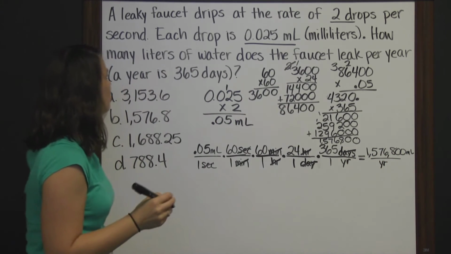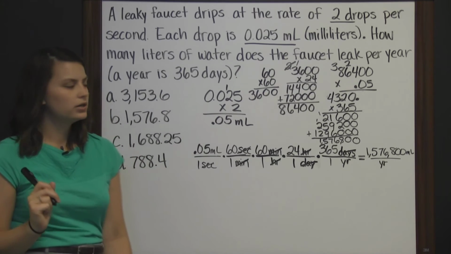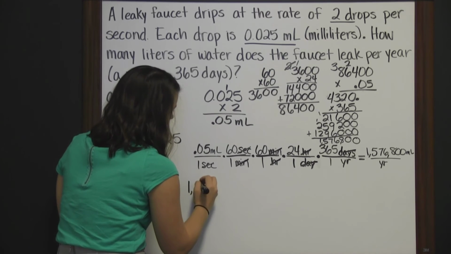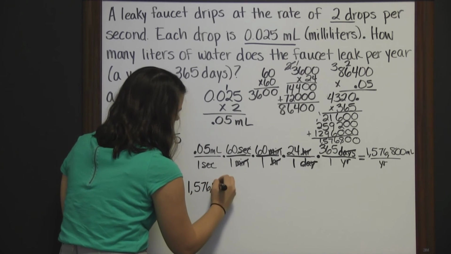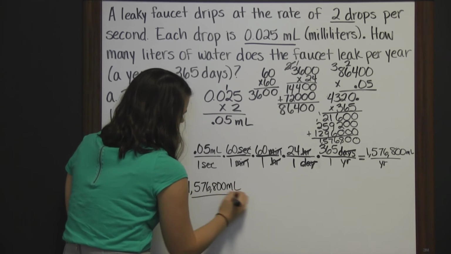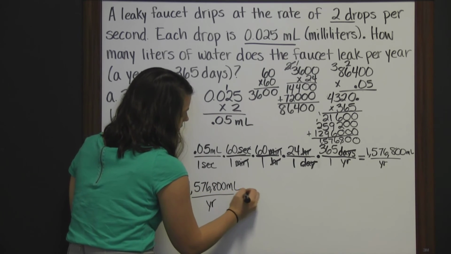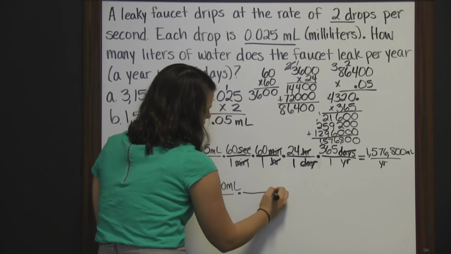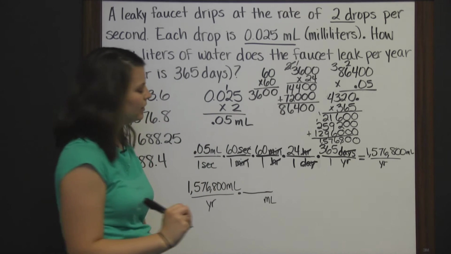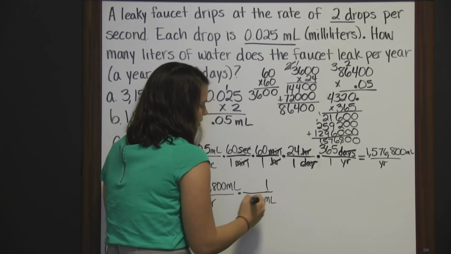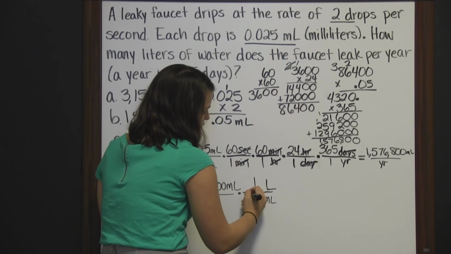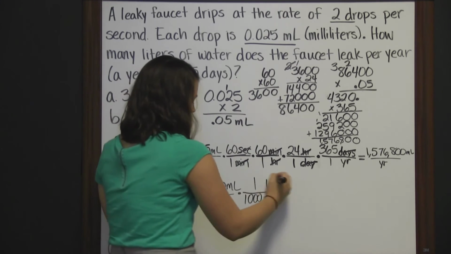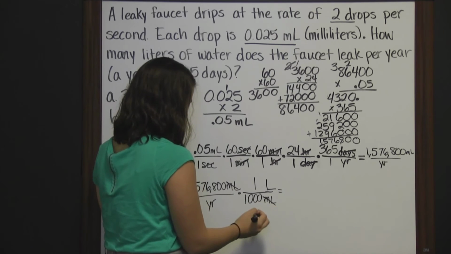But if you recall, they wanted to know how many liters of water were leaked out per year. So we need to convert this 1,576,800 milliliters per year into liters. So we can again use a conversion factor. So milliliters goes in our denominator so that it cross cancels out when we multiply. And I know that 1 liter is 1,000 milliliters. So when we multiply across, we get our milliliters cross cancel. We get